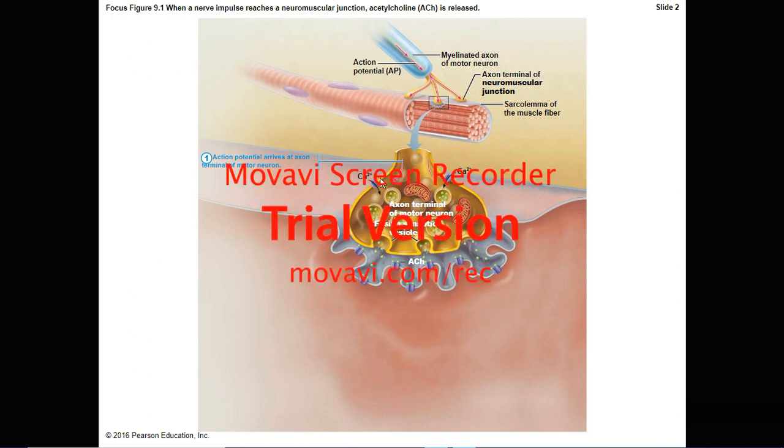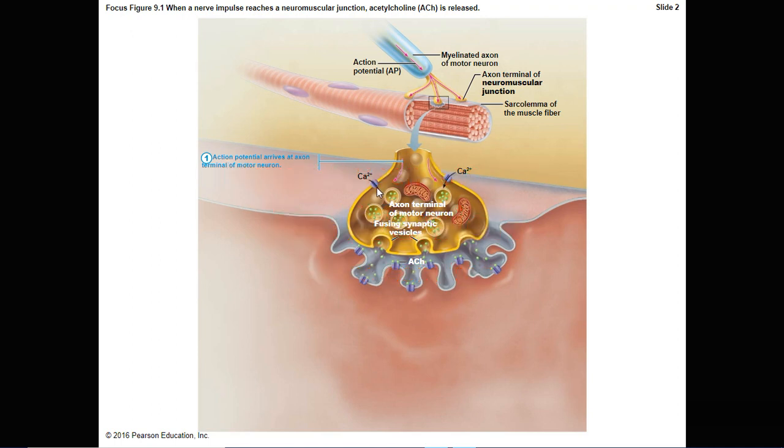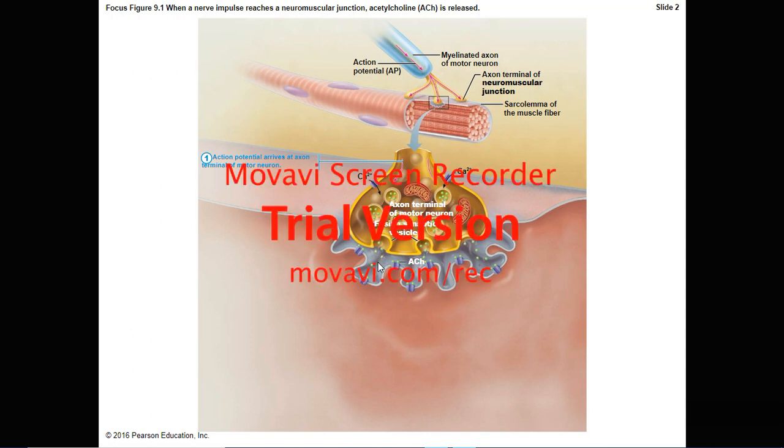So these voltage gated calcium channels are in the axon terminal, okay, and they're causing the acetylcholine vesicles to be exocytosed, and then the acetylcholine is going to cross the synaptic cleft, and it's going to bind to receptors on the sarcolemma of a muscle fiber, which is going to open up